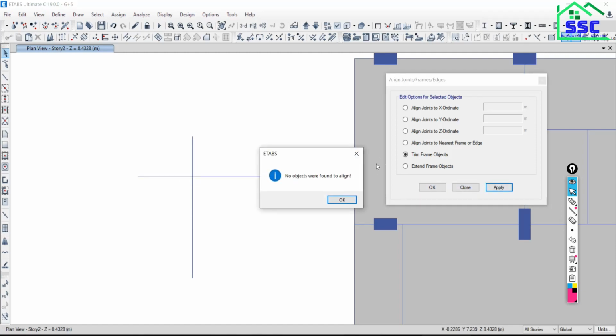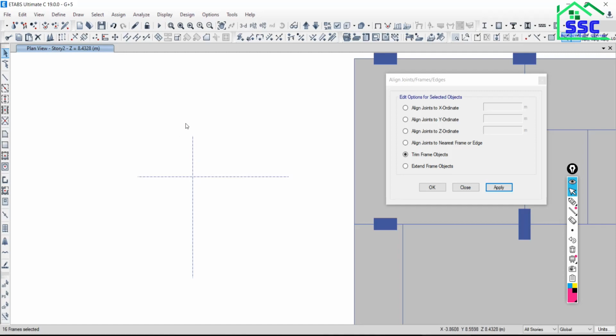We didn't select the point till the limit. Exactly. It is actually in a confused situation. We have to trim up to this line, and we have to trim this frame, but this frame has two points, an upper one and a lower one, so it is confused from which point it has to trim.